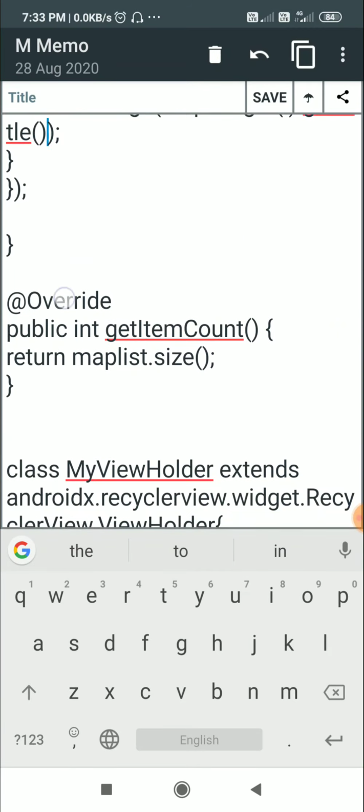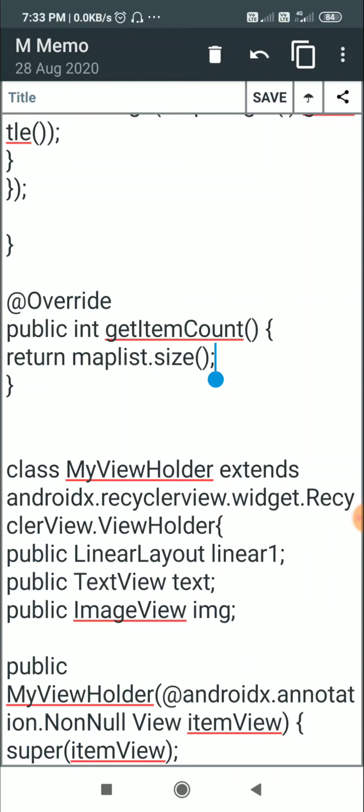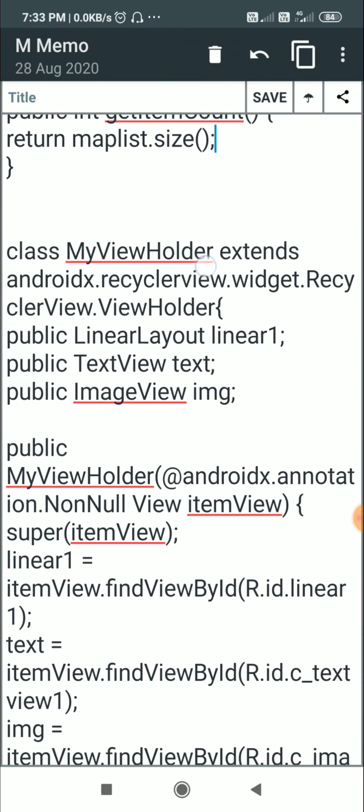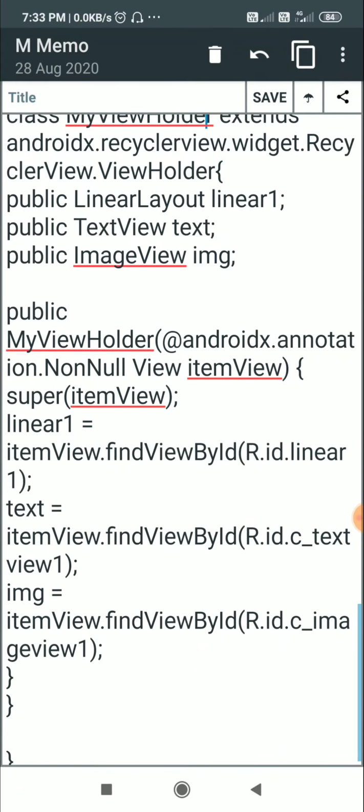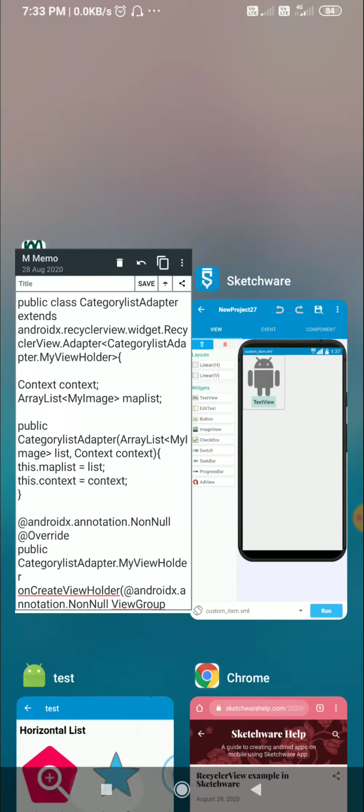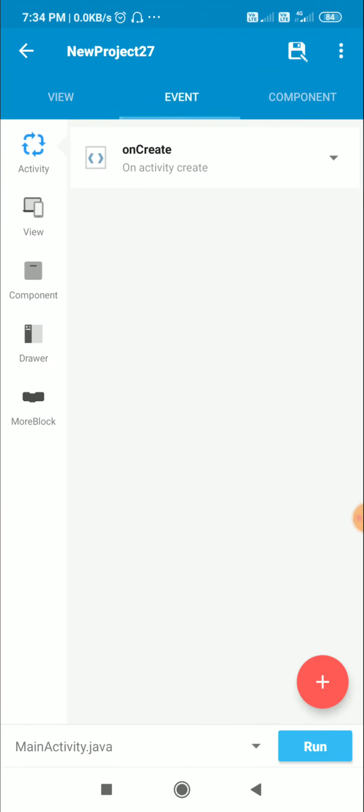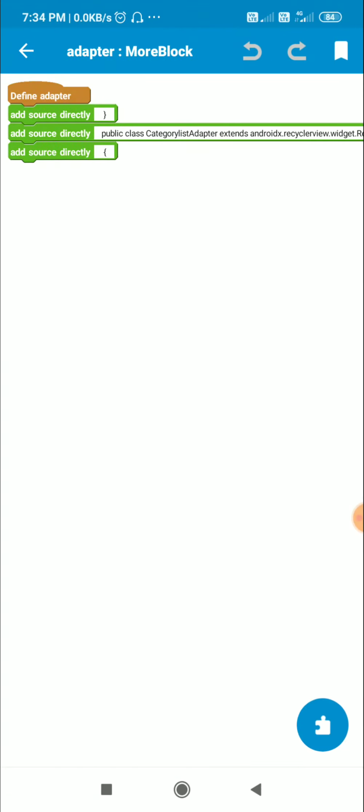Then there is another method, public int getItemCount, which returns mapList.size, meaning the number of items in the list. And that's all. The MyViewHolder class I have already shown you. So all these are the contents of this adapter, and this I have put in a separate block.